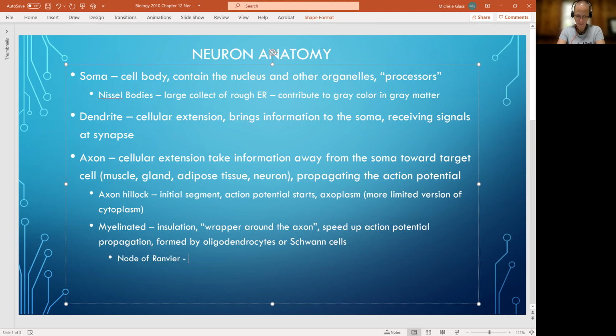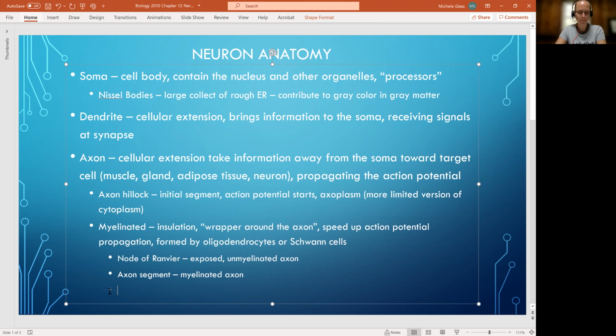Is this exposed, unmyelinated axon section? And then you have what's described as an axon segment, which is the myelinated axon. And then we're also going to see two more things here